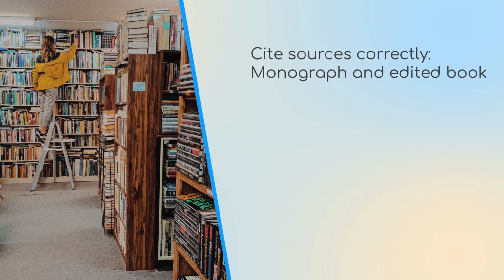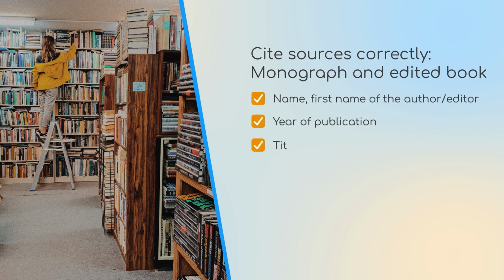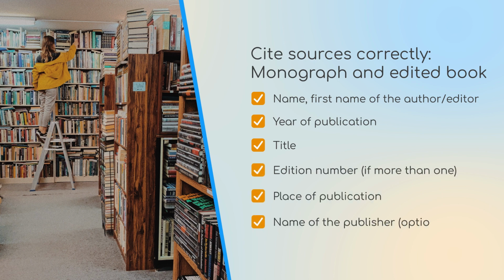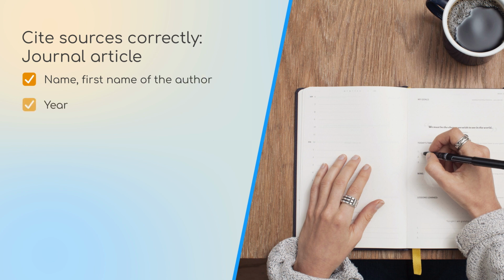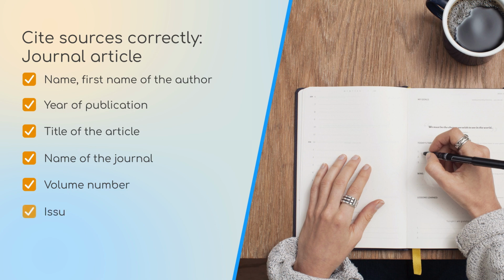Next, the question arises as to what information must be taken into account in each case when citing a source. In this context, the decisive factor is the type of source. If the source is a monograph or an edited book, the following information is important: the surname and first name of the author or editor, the year of publication, the title, the edition, if there are several editions, the place of publication, and optionally the name of the publisher. For articles from journals, this information should be provided: the author's last name and first name, the year of publication, the title of the article, the name of the journal, the volume, the issue, and the page numbers of the